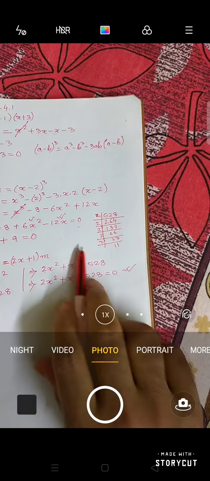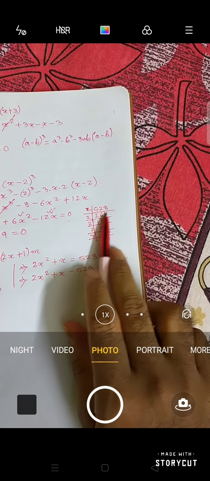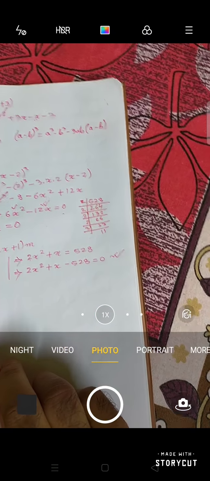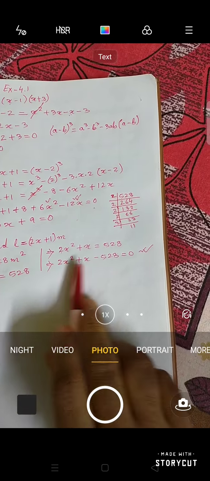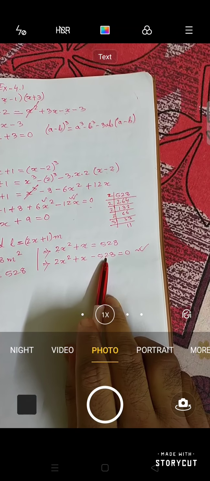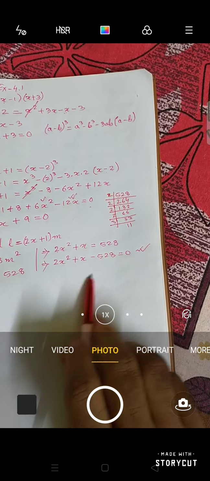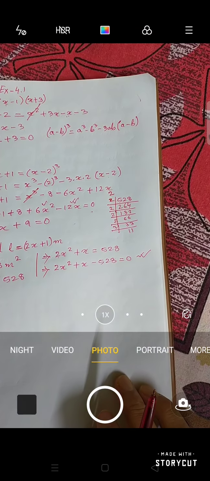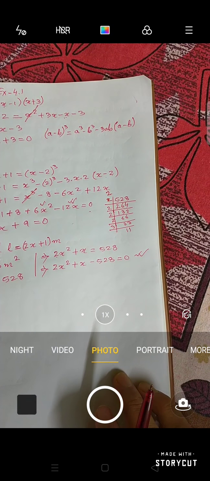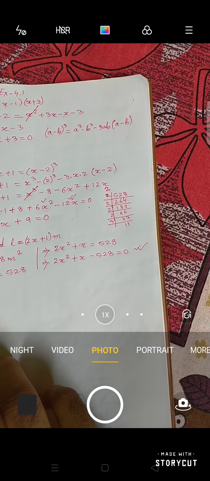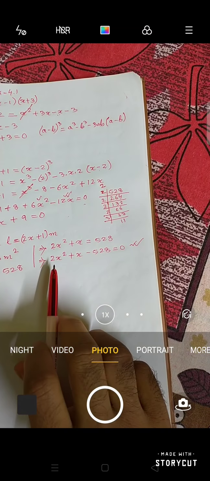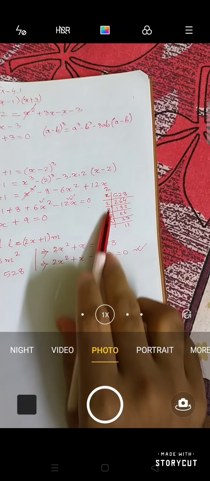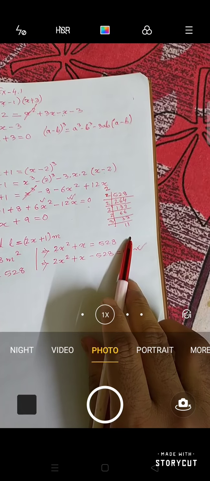So what I was saying is that after taking the prime factorization of 528, we are getting these numbers. But we know that while taking the middle term factorization, the first and the last number should be multiplied. So if I multiply, definitely whatever number we get will be divisible by 2 or not. So we can take the prime factorization of this number and this number separately and combine them together. Understood?